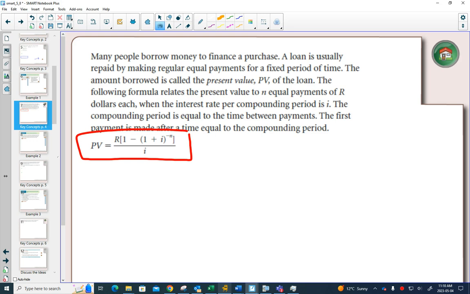They give you some money. That's your present value. You can afford to pay a certain amount per month, and they charge you an interest rate, compounded monthly or compounded quarterly, and you want to find out how many payments you're going to need to pay something off. So the first example that they have here, in example 2,